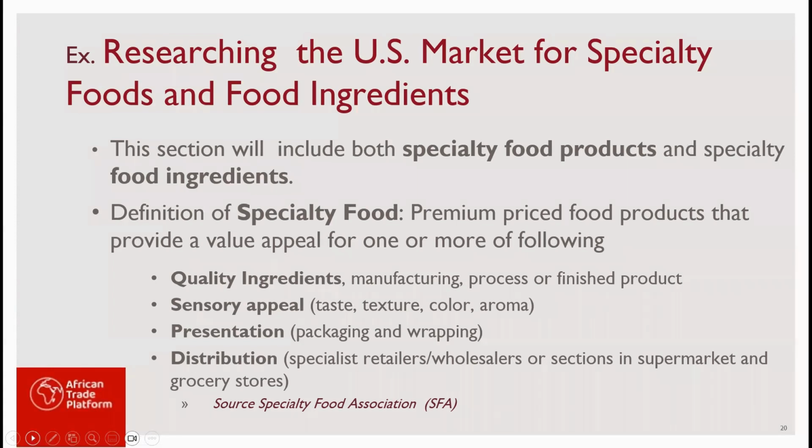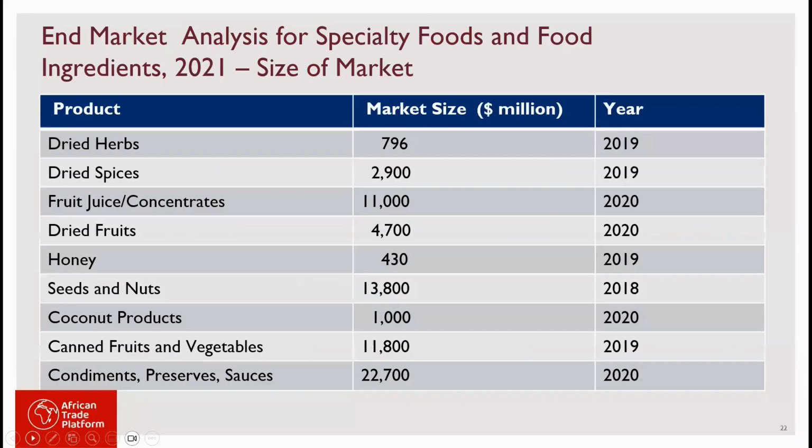The last step in market research I'll look at is on apparel. And apparel is one of the biggest import products under AGOA. The whole US market for apparel,